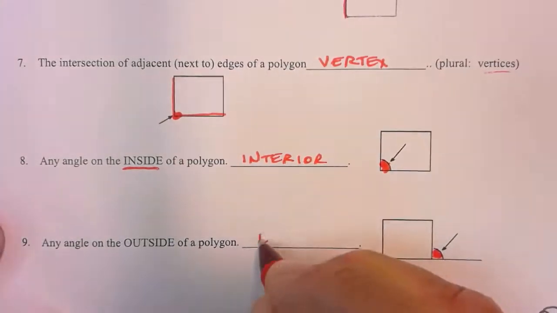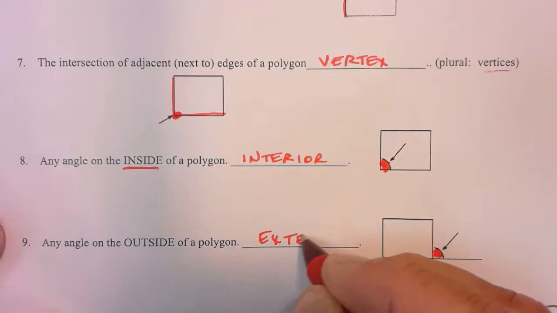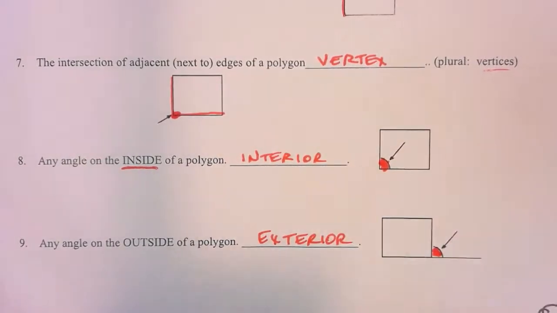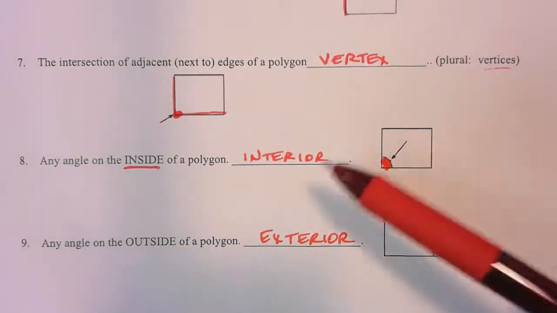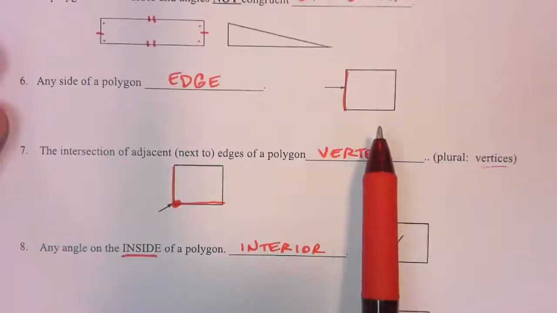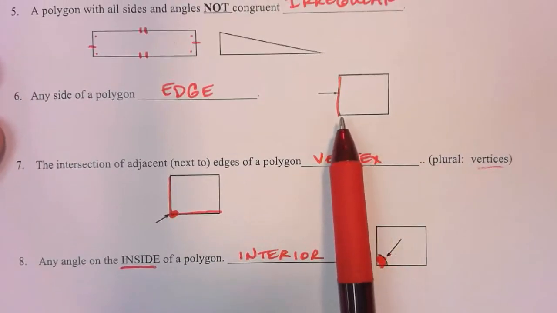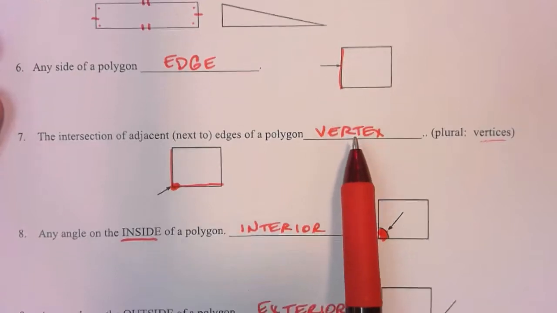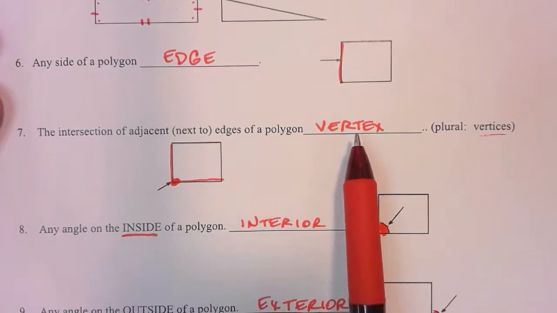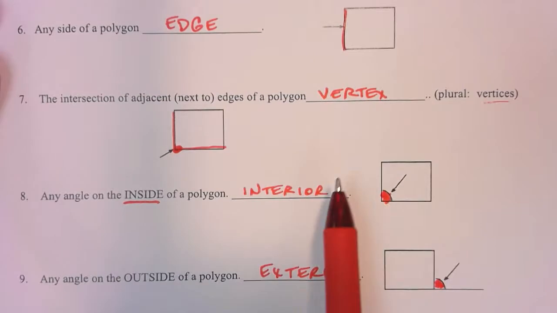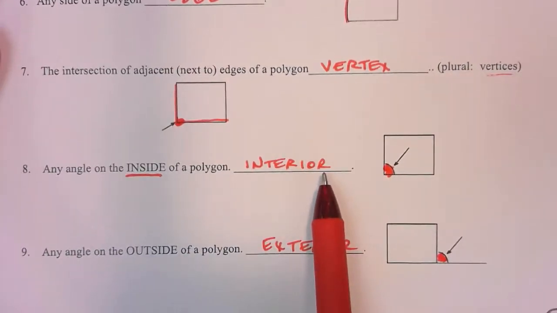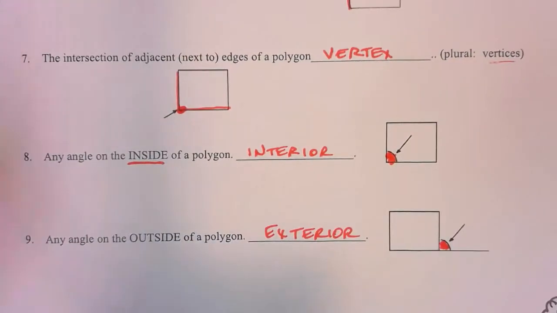And if the angle is on the outside, it's on the exterior. And so these are going to be some terms that we're going to be talking about. So interior, exterior. So edge is basically the side of a polygon. Vertex is the corners, easy way to remember that. And then you have the interior, which is an angle on the inside, and exterior, which is on